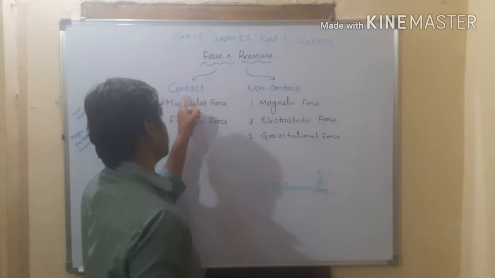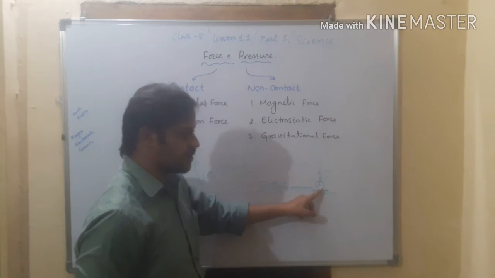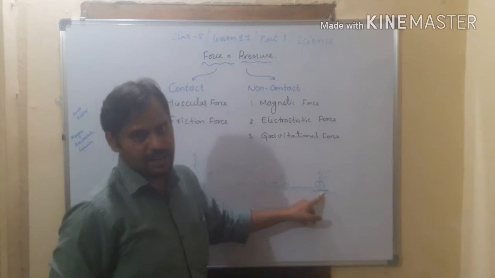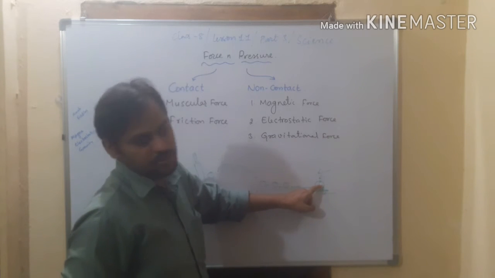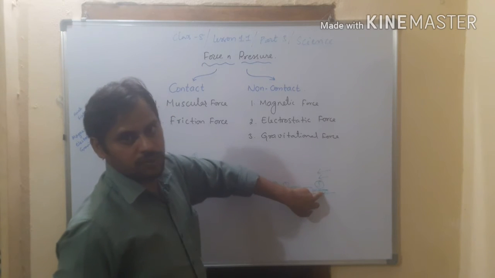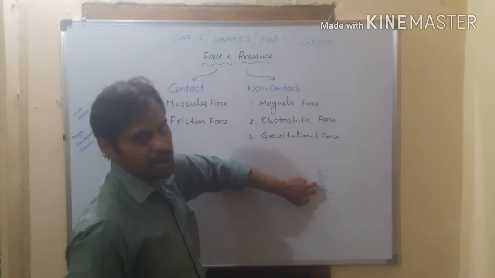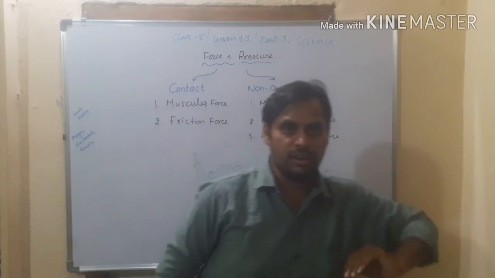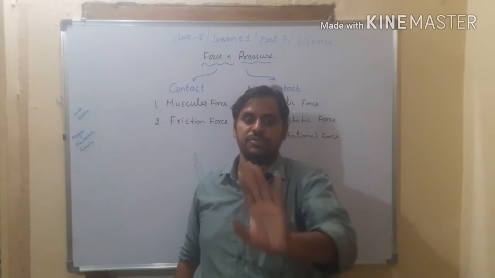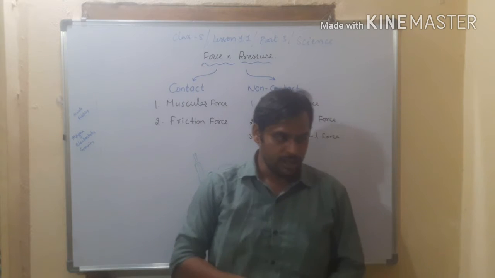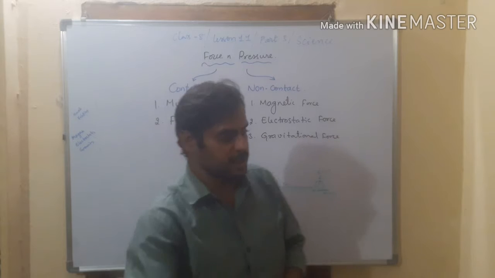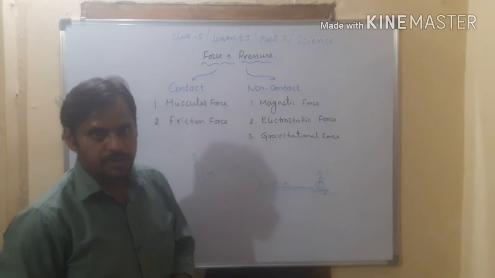Friction force is a contact force. Why is it contact? Because two surfaces are touching each other. The two surfaces of the objects, for example, the ground is one object and the ball is one object, and they are touching each other, so the force of friction is applied on the ball and it stopped the moving ball. Right? Friction always acts opposite to the direction of the force. Whenever there is a moving object, its speed can be reduced or it can be stopped by friction.